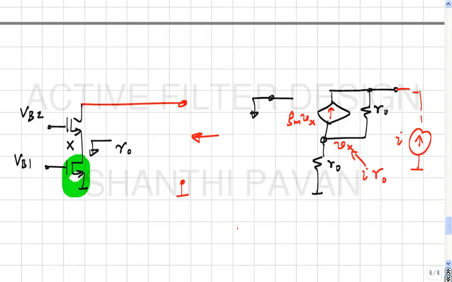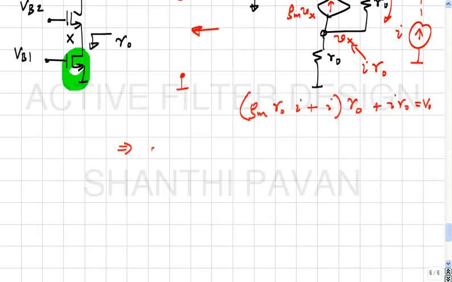Correct? So this current is nothing but Gm times Vx, which is Gm R naught times I, plus the potential drop across R naught on the top, I R naught, plus I R naught, the potential drop below. This must be equal to VO, which means that the output resistance is